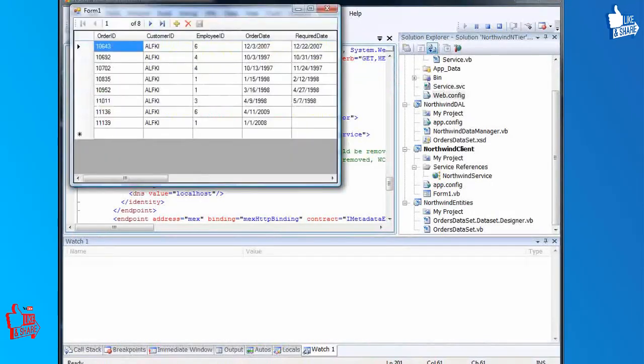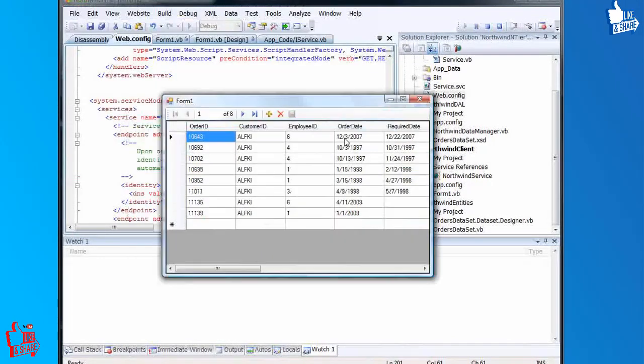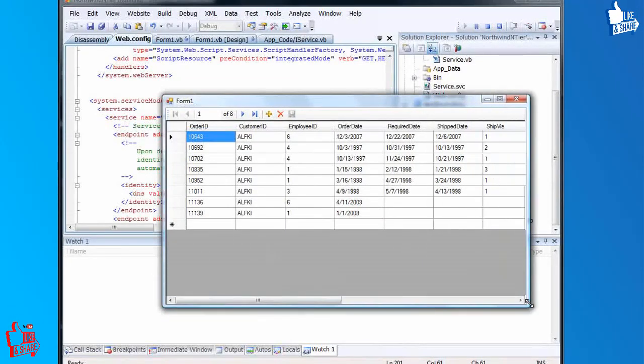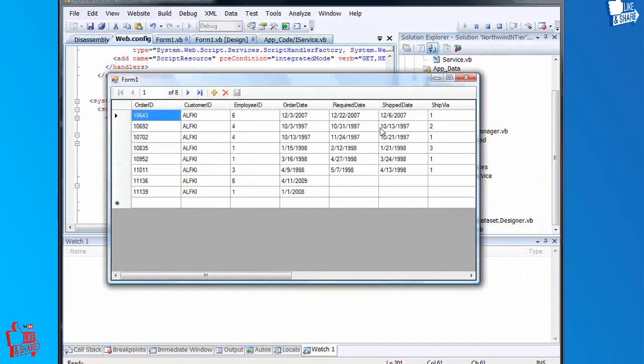And now you'll see our form comes up without any complaint, and we'll also be able to set breakpoints into our WCF service. Okay, so now we've got our client form coming up, and so let's test out some of this validation logic, right? So we want to make sure that the ship date is after the order date. So I can go ahead and say, maybe let's make this